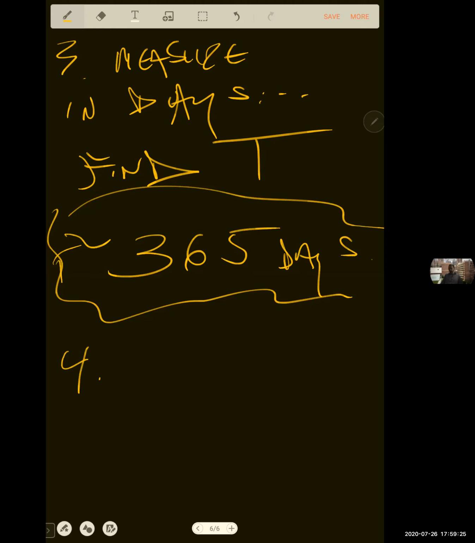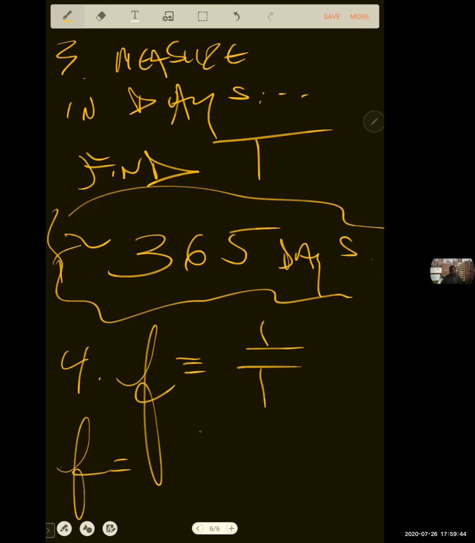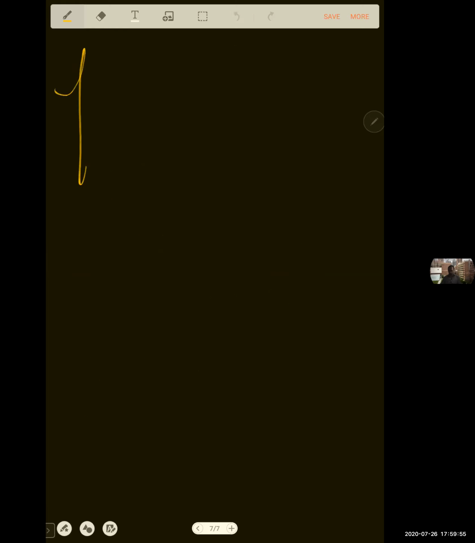It says now we're going to convert this period into a frequency. Still measuring in days, so technically this is not hertz yet, but standard frequency by definition is the reciprocal of period. If it takes approximately 365 days to undergo a full cycle, then the number of cycles per day will be about 1/365th. So in other words, if this thing were a mass on a spring, or either way, if we want to know how many cycles per day this phenomenon takes, the answer is approximately